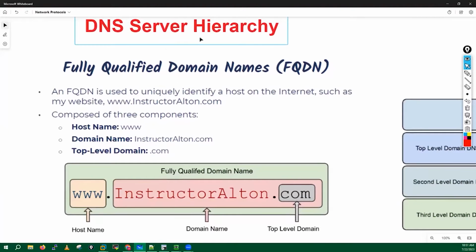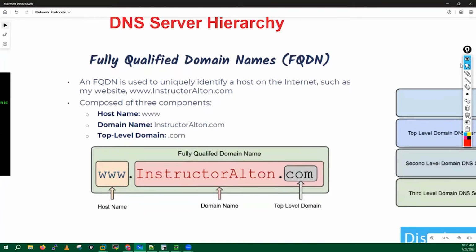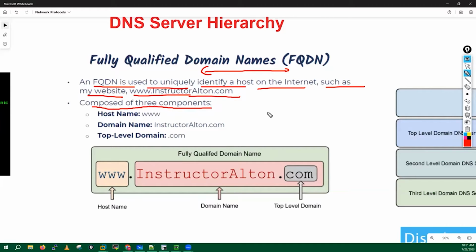if you want to understand this DNS hierarchy, before that, let me explain something regarding the fully qualified domain name or FQDN. An FQDN is used to uniquely identify a host on the internet, such as my website www.sianets.com, and is composed of three components. Generally, if I type www.sianets.com,